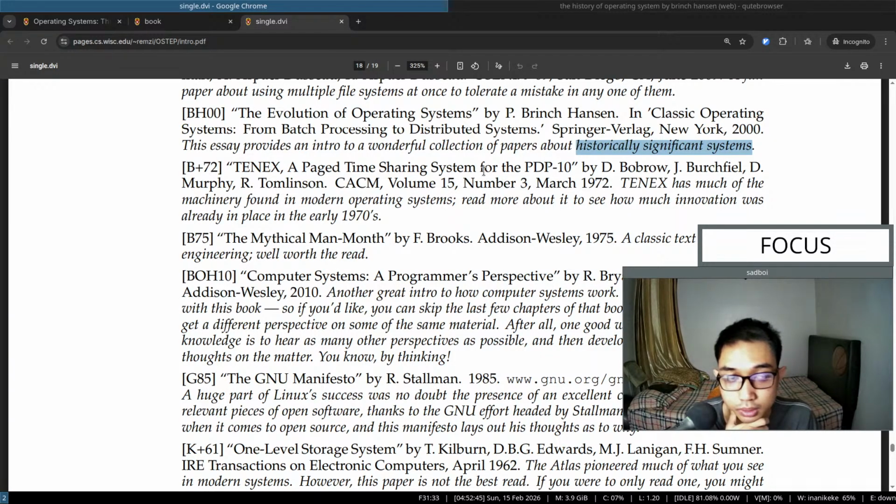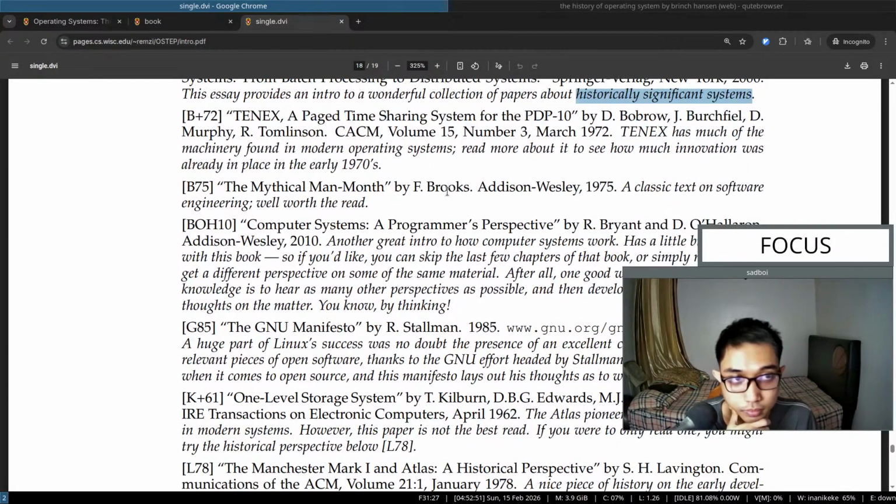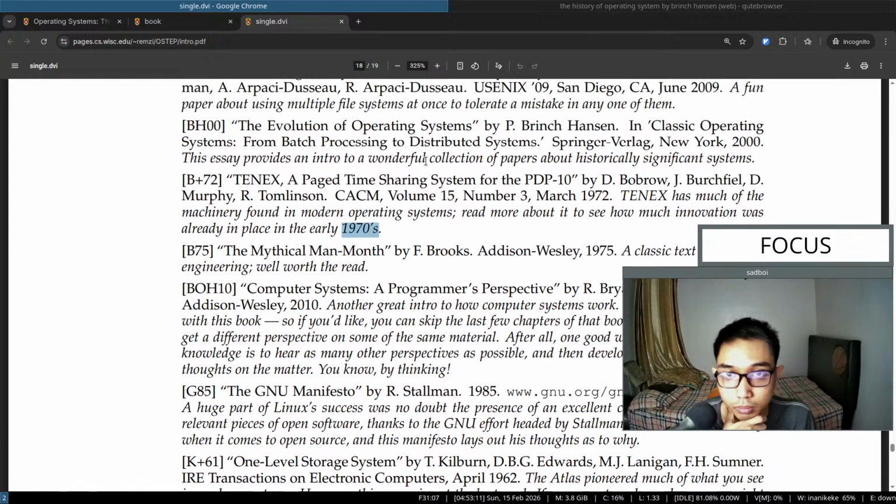Tenex time sharing system for the PDP-10. It has much of the machinery found in modern operating systems. Motivated to see how much innovation was already in place in the early 1970s. Paging time sharing system. Oh,